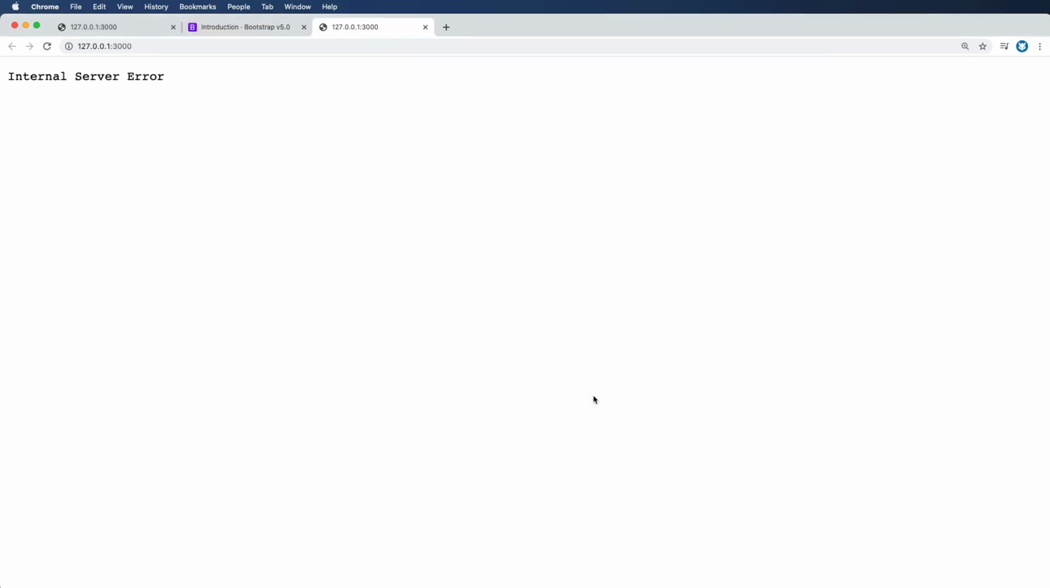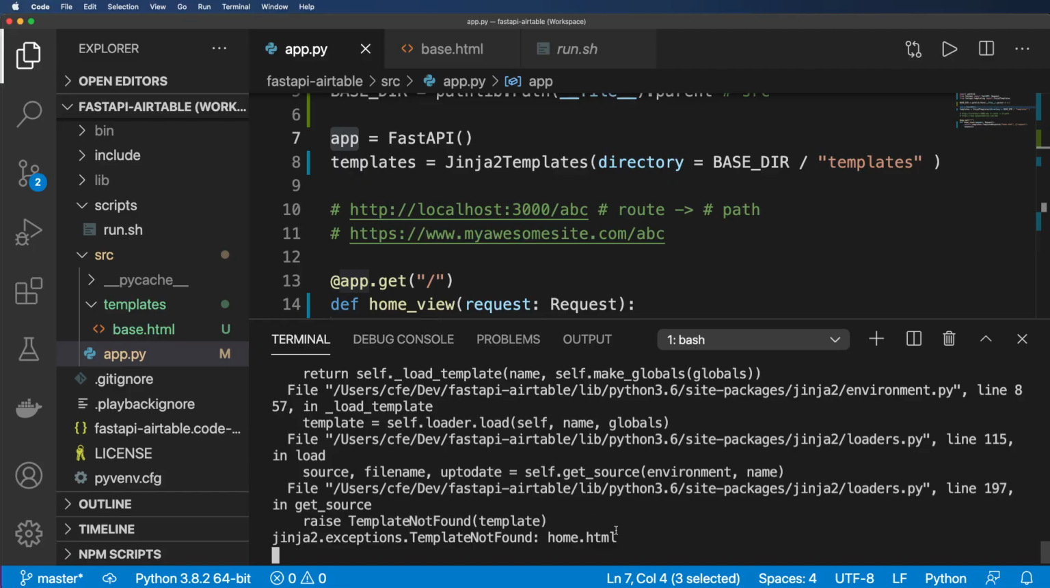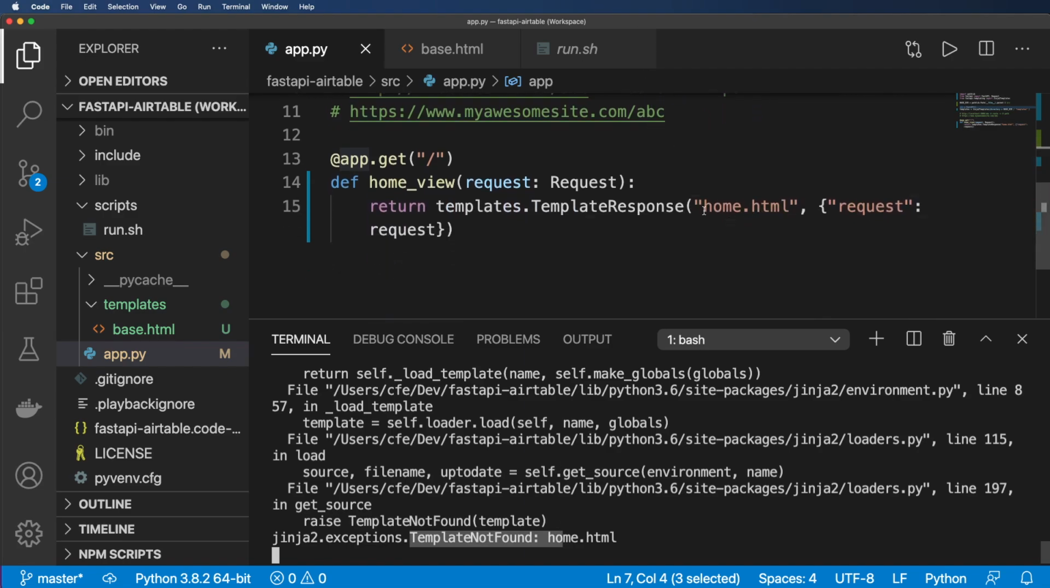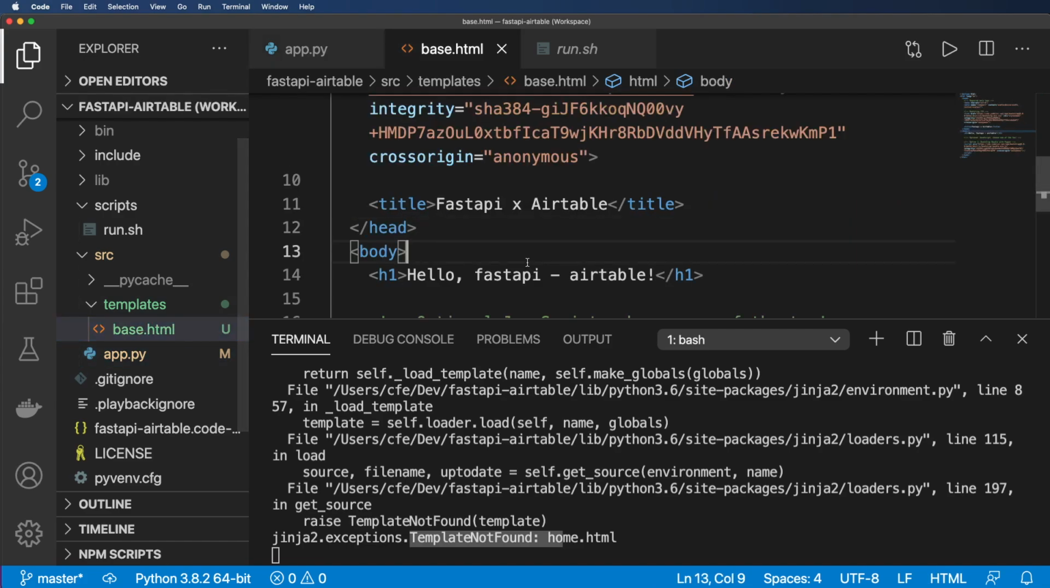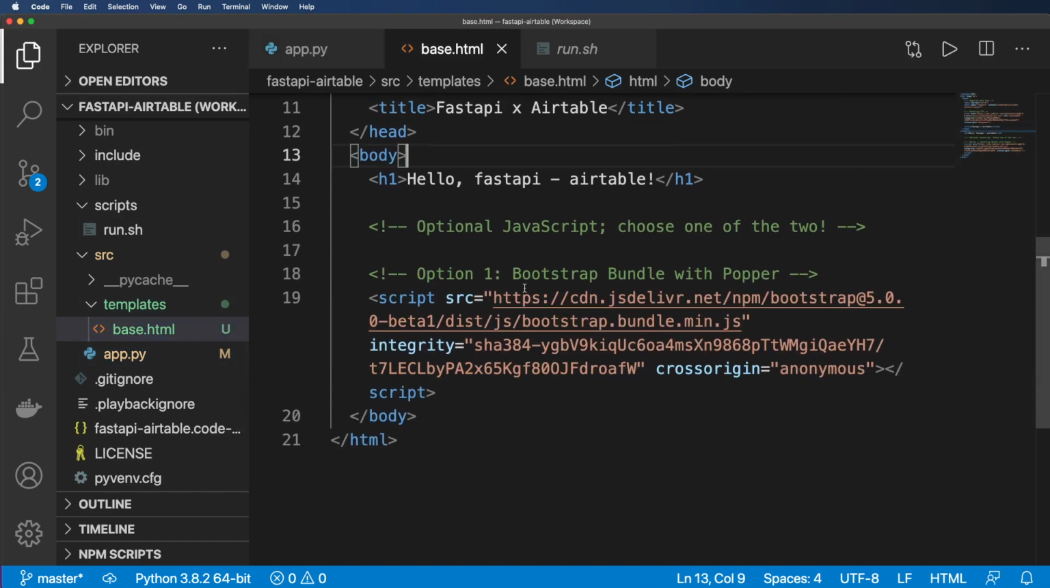Cool. So now that we've got that, let's go ahead and open this up, and I get an internal server error. I'm getting template not found. Cool. Well, of course the template's not found. Home.html is there, but base.html is there, right? So to change this, what I actually want to do is inside of base.html, I'm going to cut this out and do block